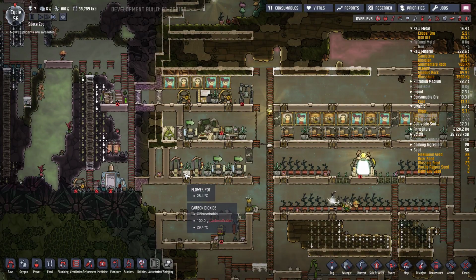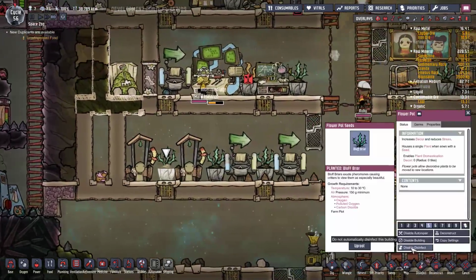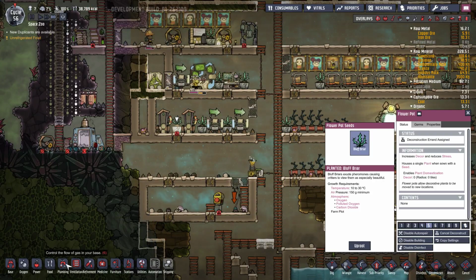We might get rid of the flower pots and put in statues, which would probably... Actually. Good point. Let's put in a statue here. We'll do a statue of granite. Because I think that will...